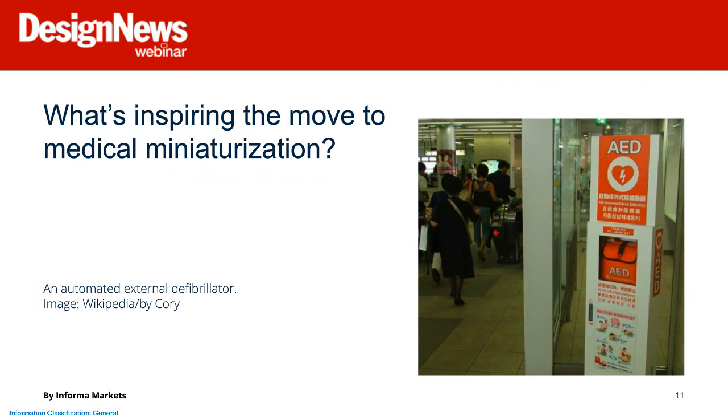And here we have the pacemaker's cousin, the defibrillator. The one shown here is in a Japanese subway station, and this one is modern. Obviously, we still need external defibrillators like this one, but the reason I showed the photo here is there was a time, not all that long ago, all the way up into the 1980s, when external defibrillators like this were all that was available. Around that time, and again, mid to late 80s, the implantable defibrillator was invented, but it